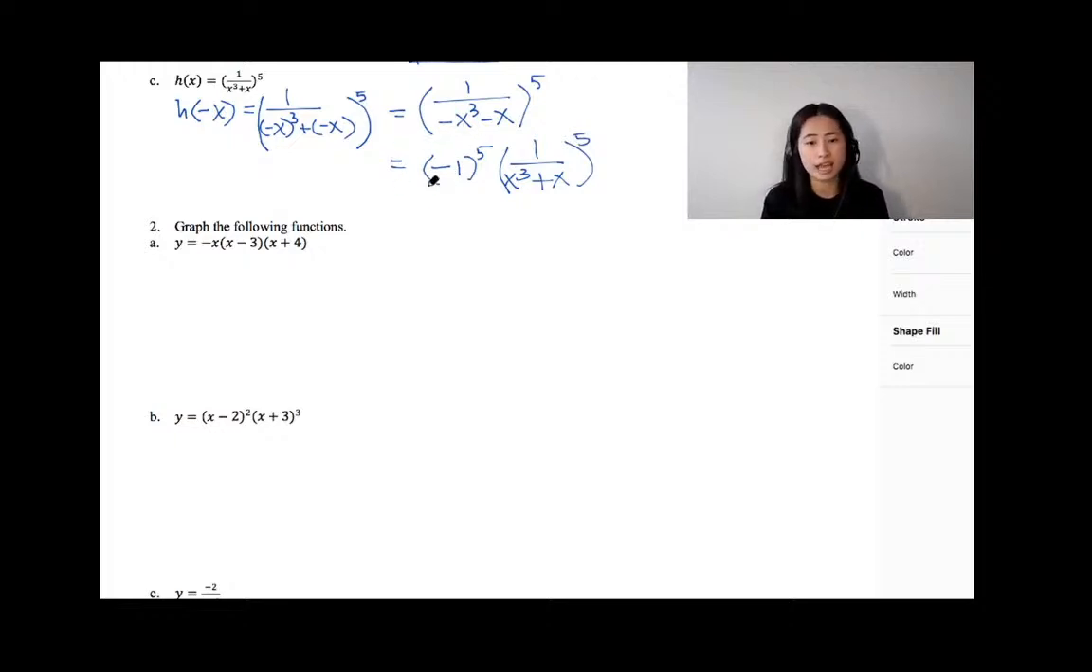And then now you can see that, I've probably said this so many times now, but if you have a coefficient that is a negative number and you're raising that to an odd exponent, that means it becomes negative. So you're going to have this negative 1 here because of this odd exponent, and then you're going to have 1 over x cubed plus x raised to the power of 5. So as you can see, you have a negative sign out here when you plug in h of negative x. You're getting negative of h of x, which is an odd function,